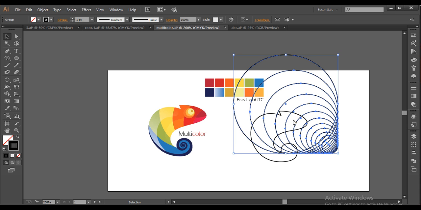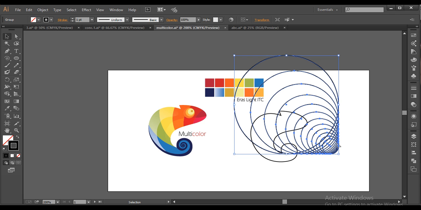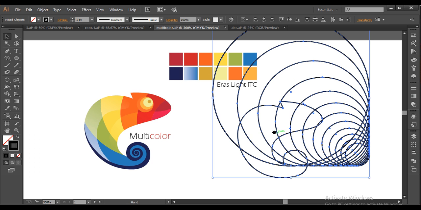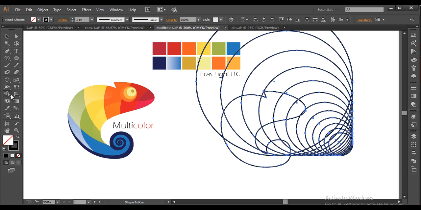So 1 2 3 4 5. Okay, I think this is a little bit closer. I can use this. Okay, let's do this. Okay, so now I've got all these. I'll just select everything, and with the shape builder tool I'll just click on these pieces. So I'll just make this one,